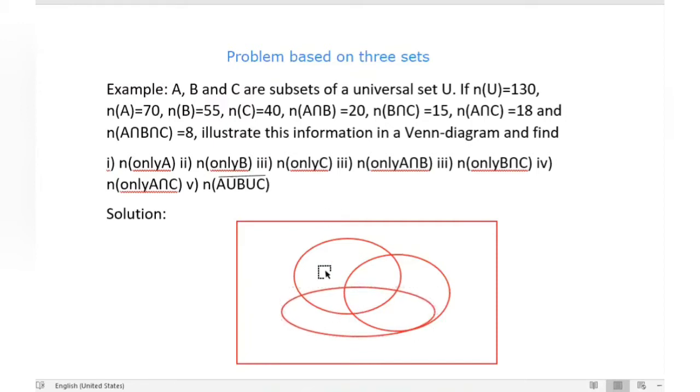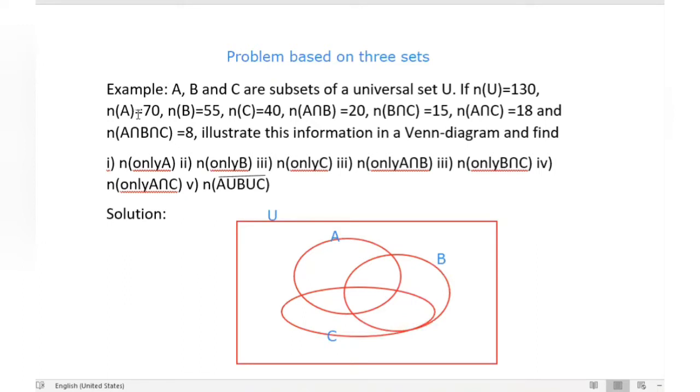All right, three circles are taken, in an almost circular shape. Here we write down U. U means universal set, and this one, let's say A, and these all are the subsets of universal set U, and this one is B, and this one is C.